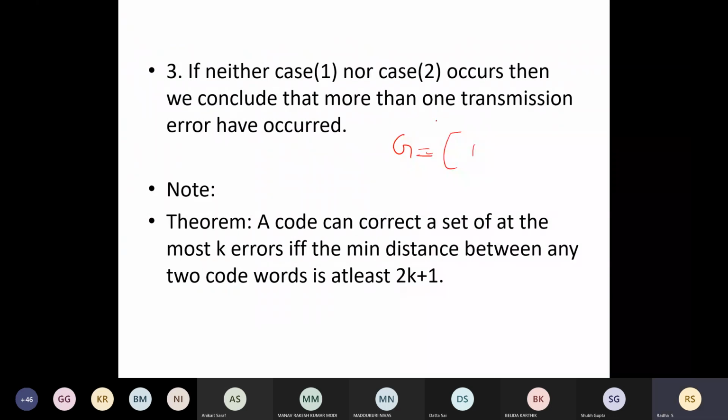See, any generating function is from b power m to b power n. Right? It takes an element of b power m to b power n. That is n minus m parity check entries will be added at the end. Right? So for that we use a matrix called generator matrix to add the parity check entries.